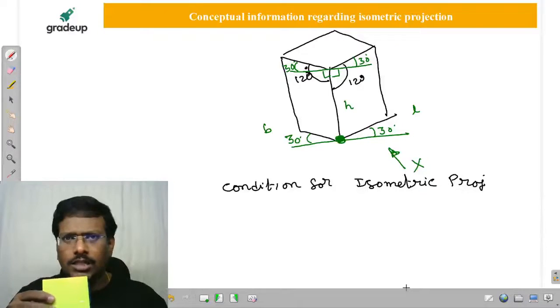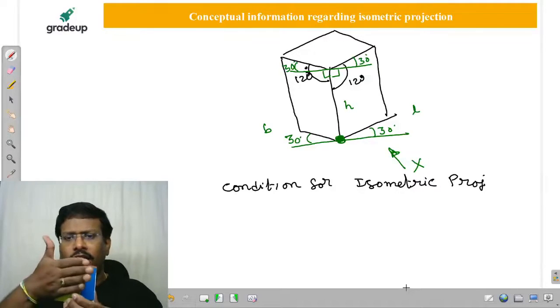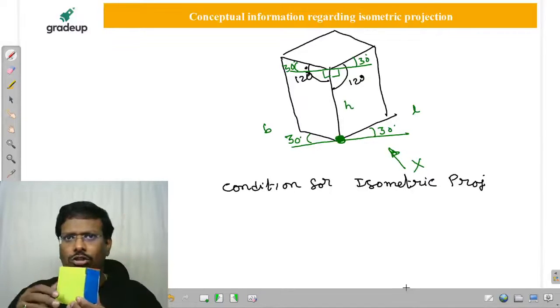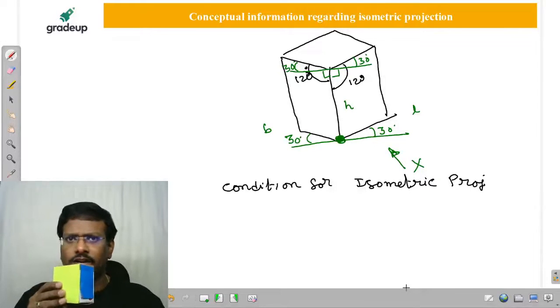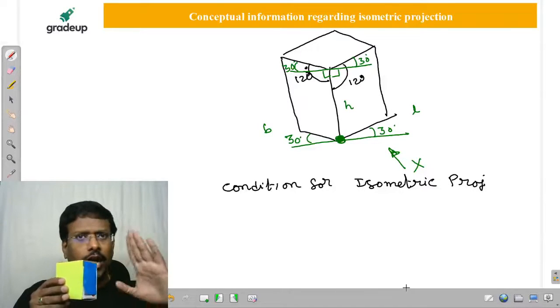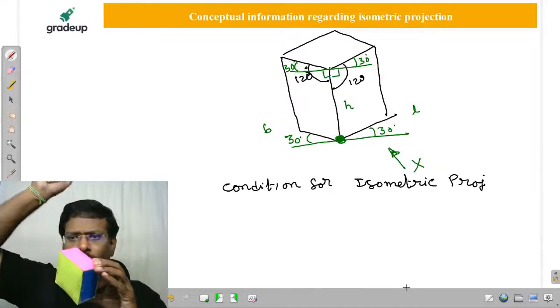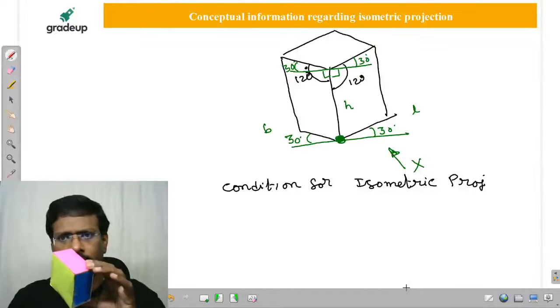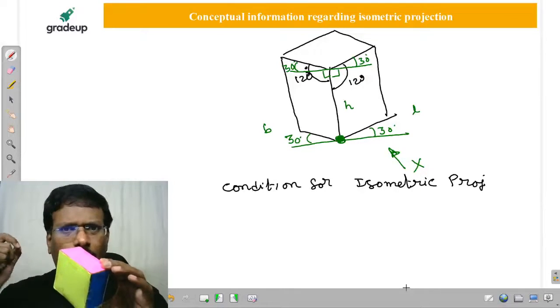All the angles are not the same, sir. So that's why I'm rotating like this, my dear friend. The front face is making 45 degrees to the observer. The side face is making 45 degrees to the observer. Then it is not an isometric projection, because the top face is still 90. So you have to rotate like this, my dear friends. Is it clear to all of you? When all the faces of the object,